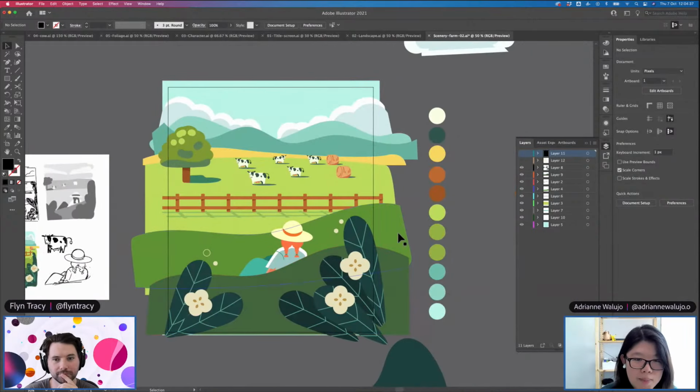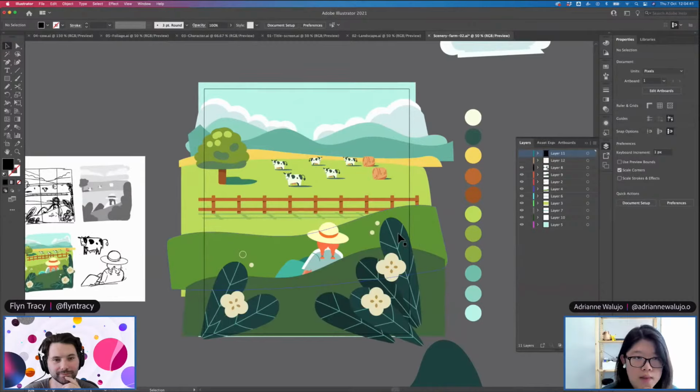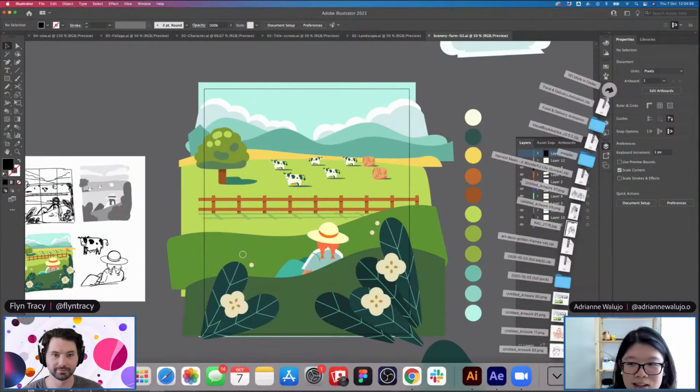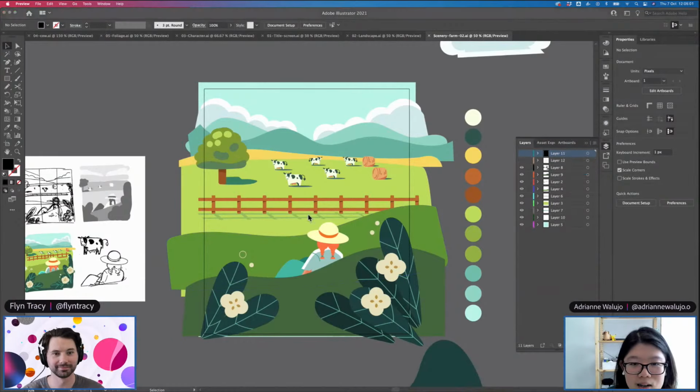So this is the complete illustration, and now we are going to bring that, as Flynn has said, to After Effects to animate. And you did ask about when we start thinking about preparing something for animation. I think the next step is where we start to be more strategic about it. So I drew a beautiful sketch-ish in here.